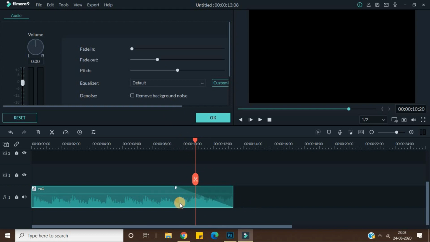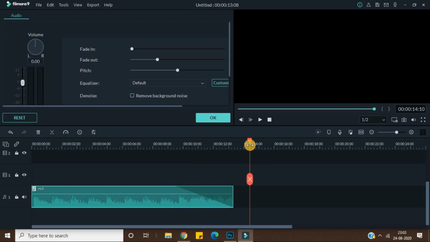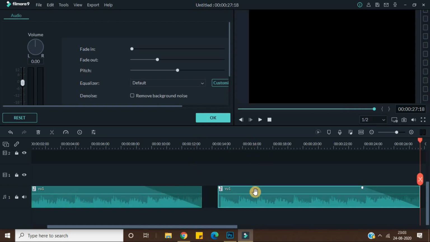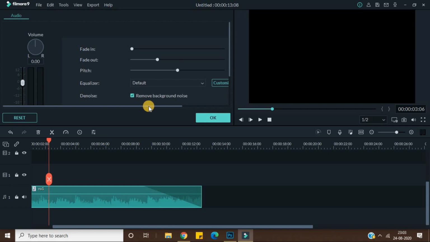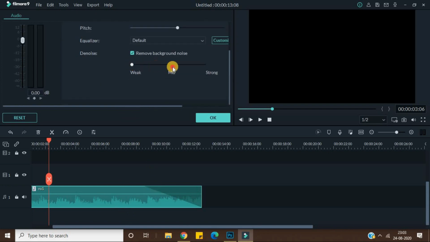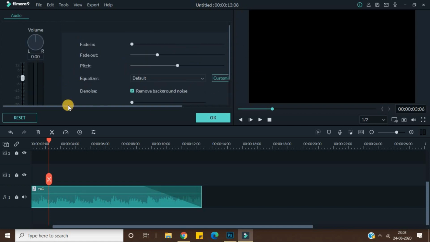You can always just press Ctrl plus C, and if you want to copy paste this, you can use Ctrl plus C, Ctrl plus V, keywords for this. Another thing is you can just click on denoise, and you can remove the background noise, but there is no background noise in this. You can set its power, like if you want it strong, mid, or weak, how strongly you want to remove the background noise. But you can play with it and use it according to you.